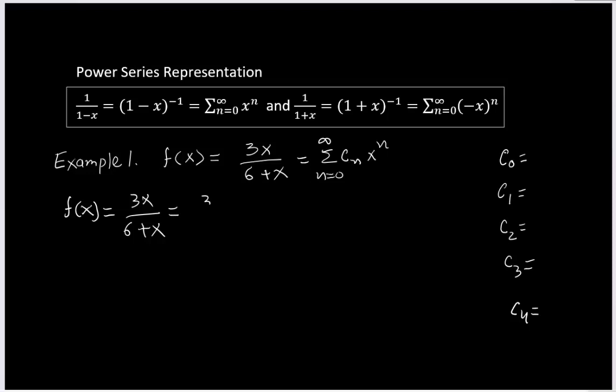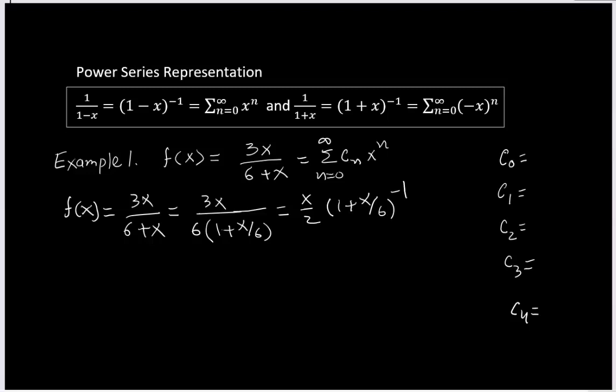That can be written as 3x over, we can factor out 6 from the denominator, you get 1 plus x over 6. And you understand why we are taking 6 factored out, because in my expansion in the top, I have either 1 minus x or 1 plus x. So I want to see 1 plus something like this. So this one is now, if you rewrite, you get x over 2 and then 1 plus x over 6